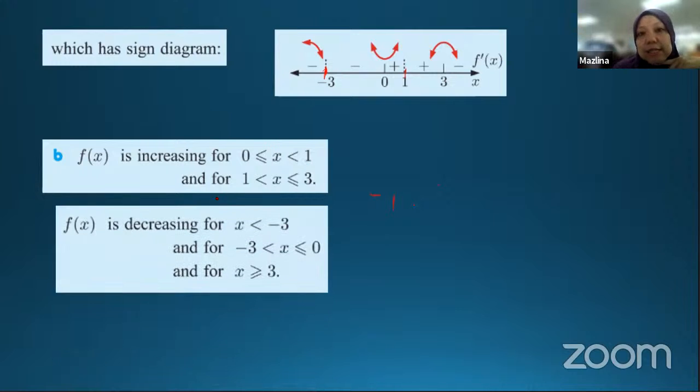If it is decreasing, definitely we can have x less than 0 and also x greater than 3. But the split into this, x less than negative 3 is decreasing, which is negative. And then x between 0 and negative 3 is also negative. It is also decreasing. So tadi kalau kita just consider we want to know our graph is increasing or decreasing,